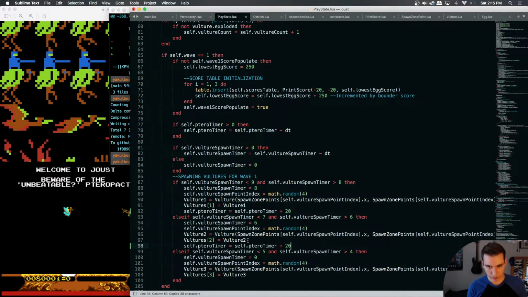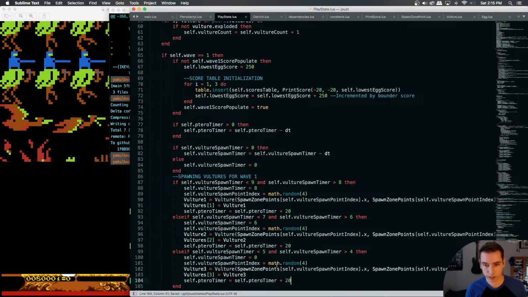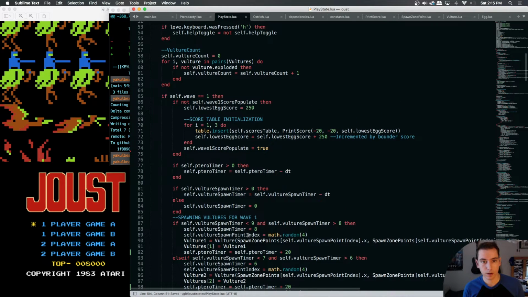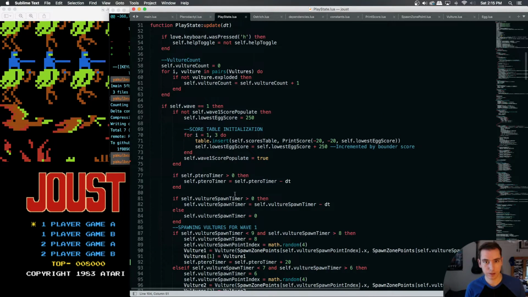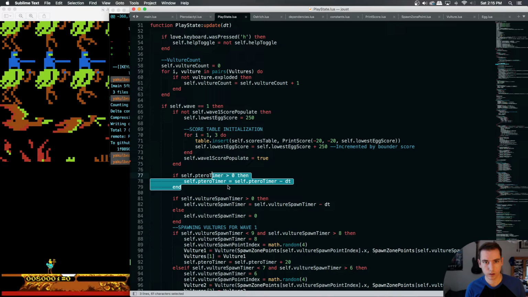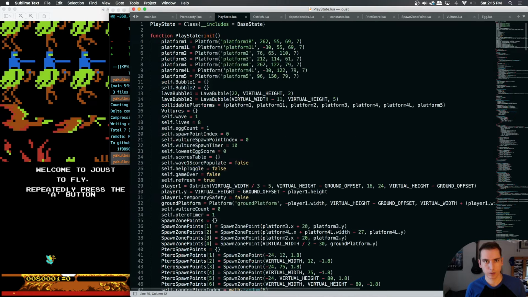And in wave 1, there's 3 times we give ourselves a vulture. But the thing is, we only deduct our pteroTimer if it's smaller than 0. So if we set it to 0,